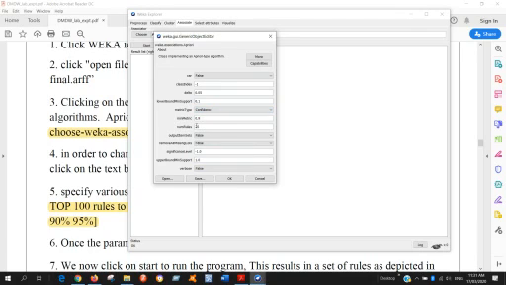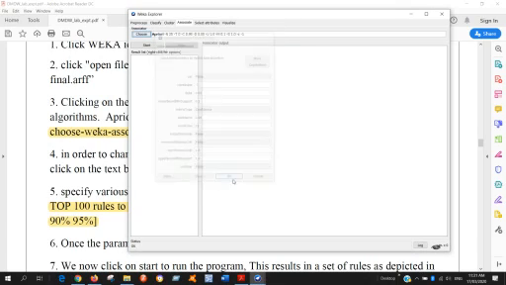The default value is 0.9, another value is 0.95, that means 90% and 95%. So I can give 0.95. Another important thing here is the significance level, I can make it positive. After changing all the required parameters, click OK.